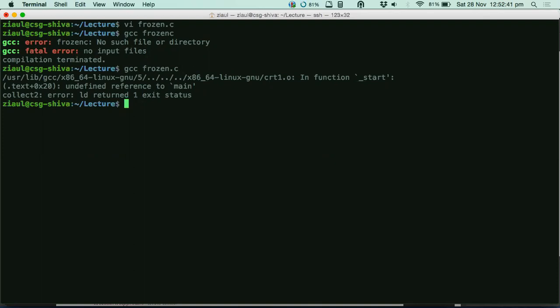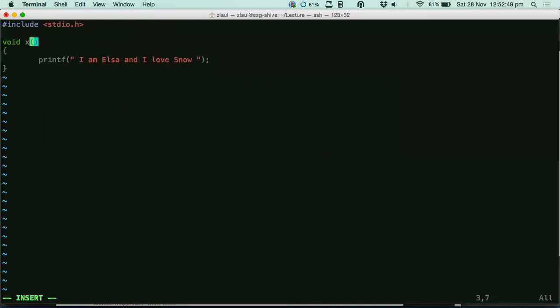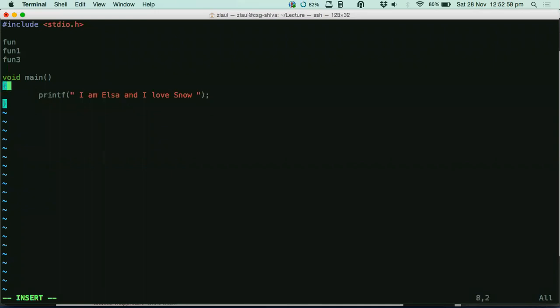It's that one function which you have to put in every program, from where the execution actually starts. Now if you have main here, then main can call a lot of other functions. For example, you have fun here, fun2 here, fun3 here. You have written all these functions here, right? So then main can access all these functions. You can set, okay, you can do this fun, then fun, and then fun2. All these functions are outside main, but their sequence is set inside main. This is how the program will behave, that's how the program will execute. So that's the importance of main. Without a main, your program is not going to run.